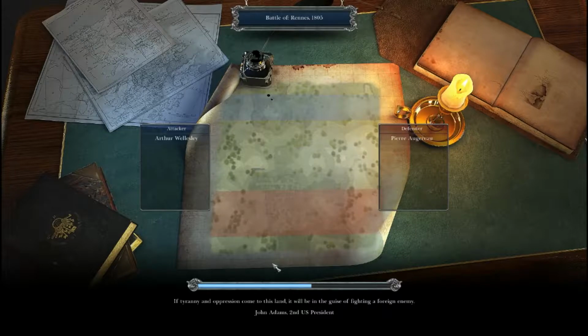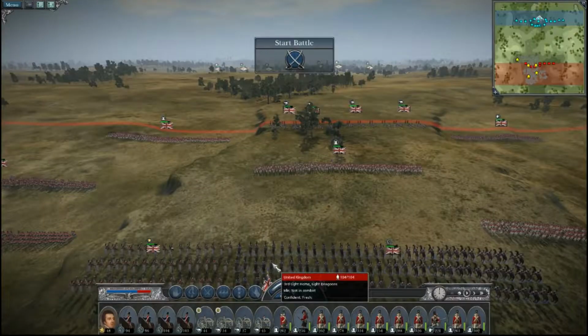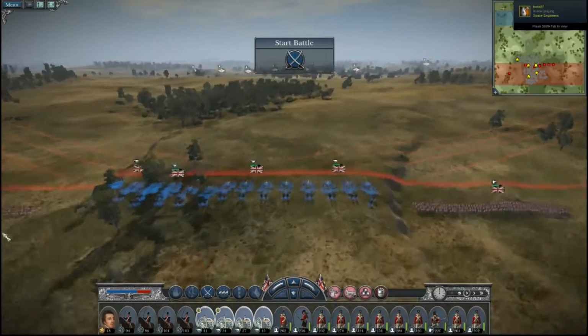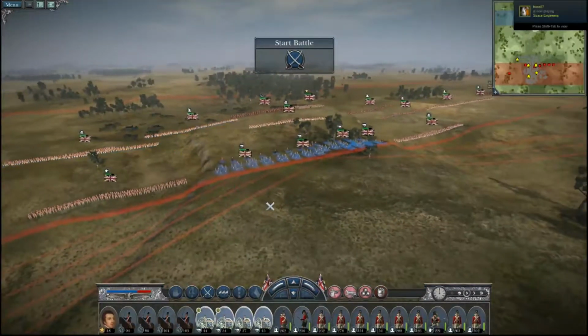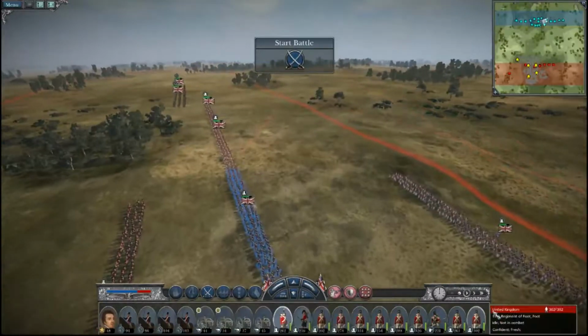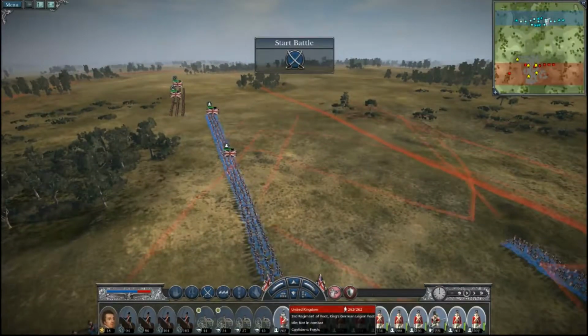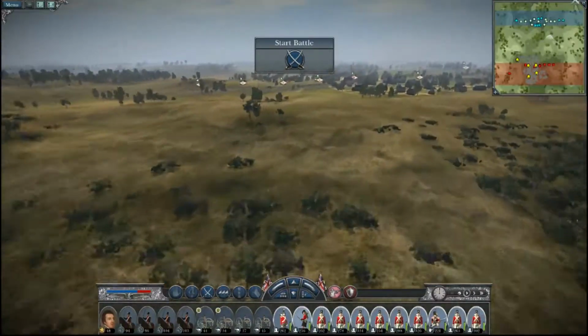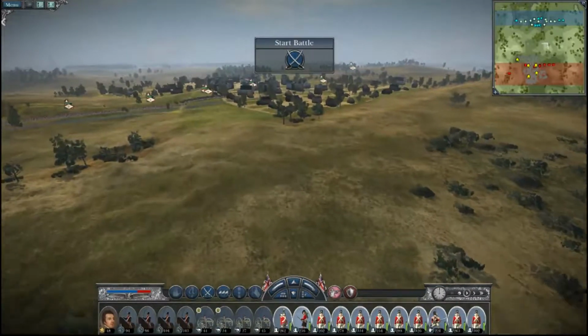Duke of Wellington against Pierre Augereau. I guess that's how you say it, maybe. Obviously, I don't speak French, so I wouldn't be able to tell you if that was right or not. Alright, so we're just gonna unlimber our artillery, smack dab in the middle. Infantry elite. And then in terms of our infantry, we can see where the French are deploying, so let's actually